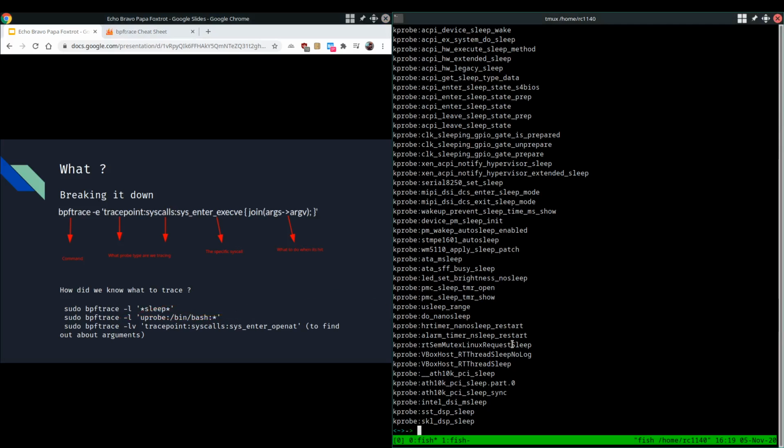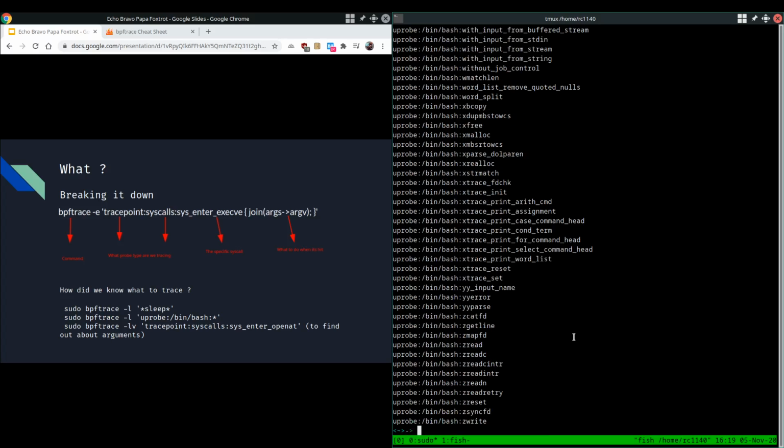Now the uprobe is going to be obviously things in the user space, and most applications are compiled and run in user space, not in kernel space. So if we run bpftrace and then we provide, I don't know if I can copy that, it prints out all the user probes that are available within the /bin/bash